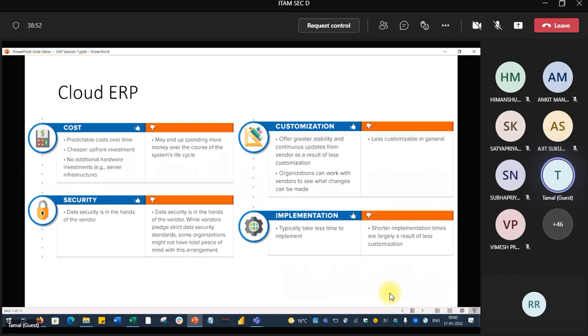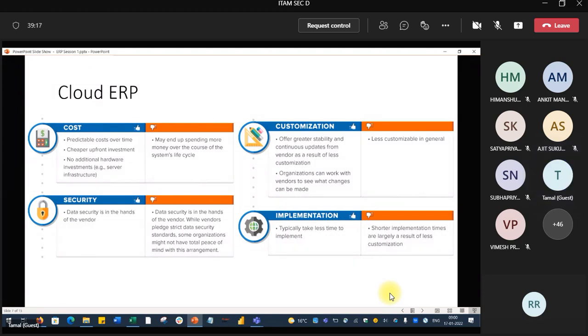Then the implementation. I was telling you the first two disadvantages of ERP are that it is very costly and time consuming to implement. We have seen cloud-based is very much less costly. Around 50% of the cost can be saved, and implementation will take a much shorter time frame in cloud.